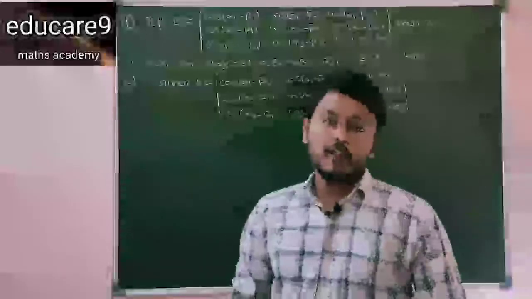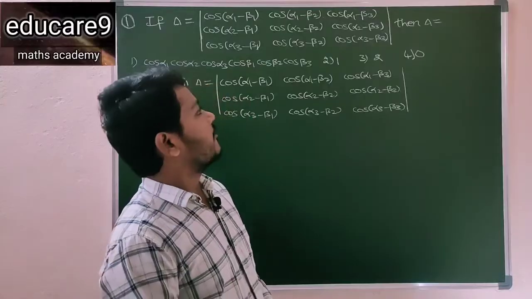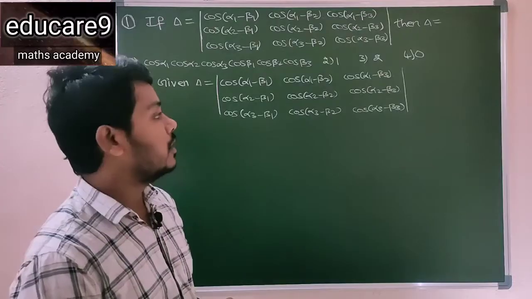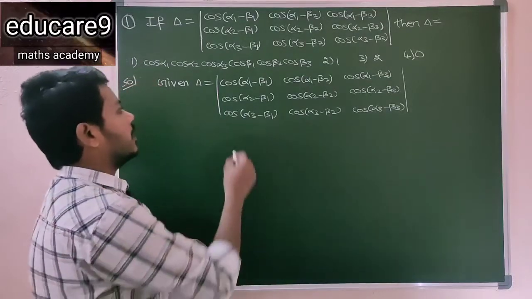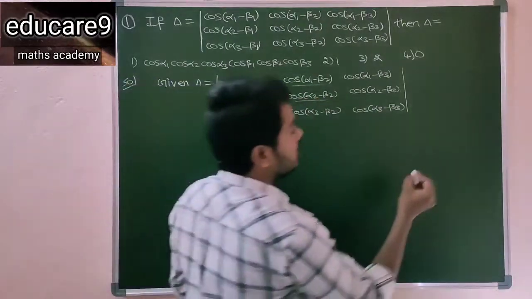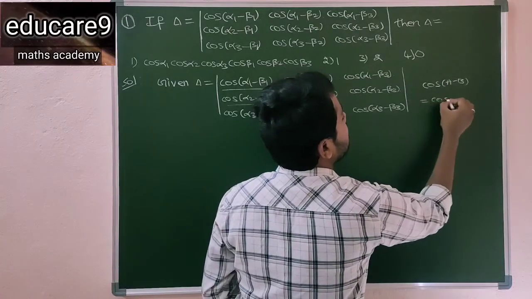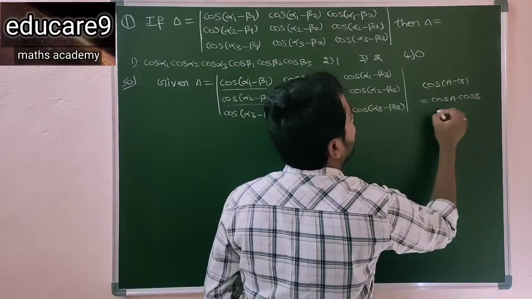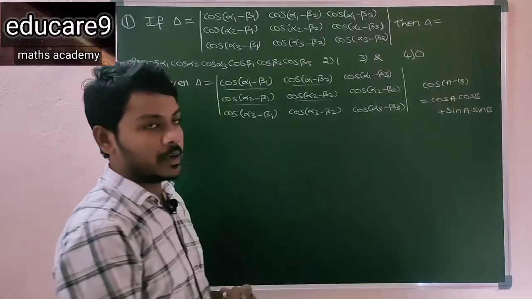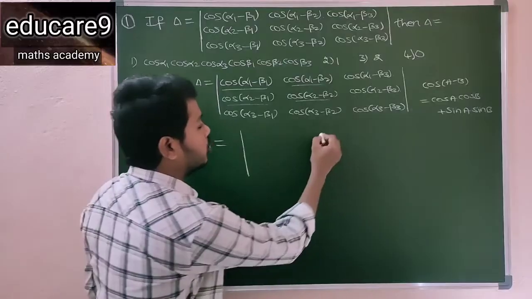Hi, hello everyone. For this session, we will discuss a few problems on determinants. So, see the first one. You want to find the determinant of this value. This is the given thing. See here, all terms are in the form of cos of (a minus b). So, what is the cos of (a minus b) formula? That is cos a cos b plus sin a sin b. So, for that, this delta can be written as a product of two determinants.